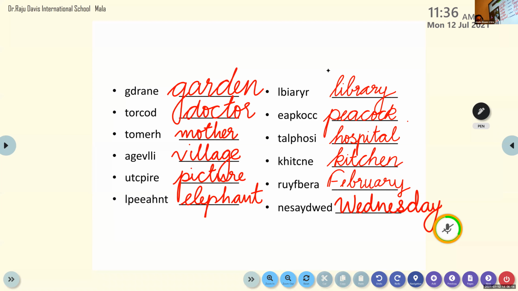Now we have to learn the spelling of these words. The spelling of these words is very, very important. So we have to learn the spellings of these words too. This exercise B is very, very important. I've told you how to learn the spelling of the words. Some of the words are quite easy when you break them into syllables. Break the words into syllables, then pronounce the word and then write it, so that you will learn the spelling quite easily.